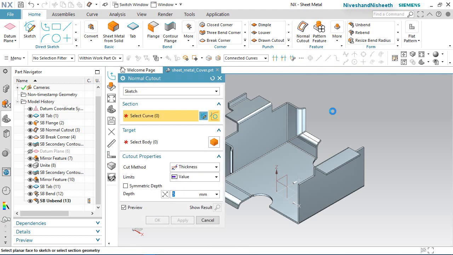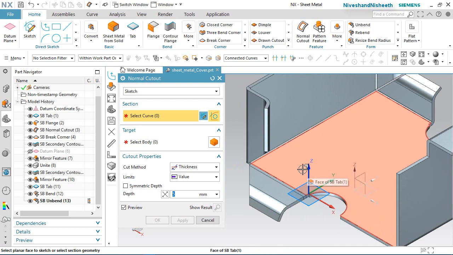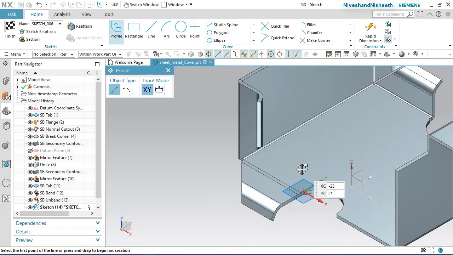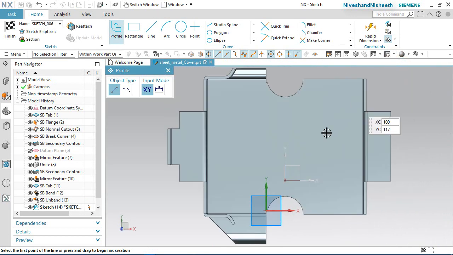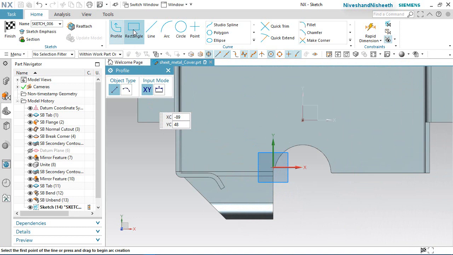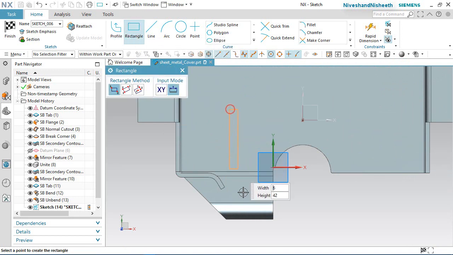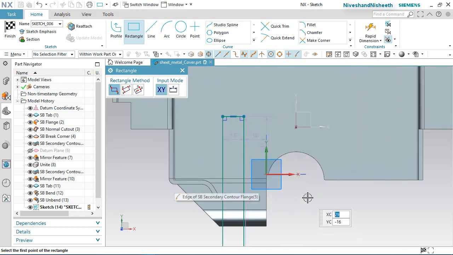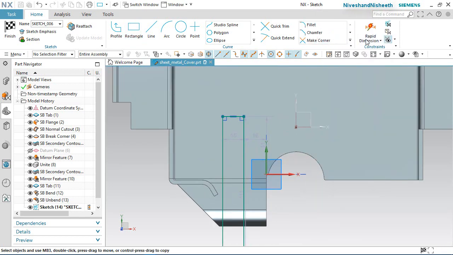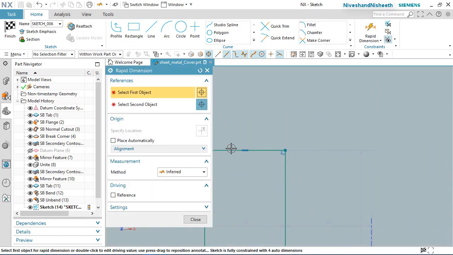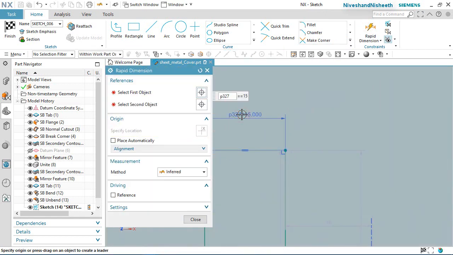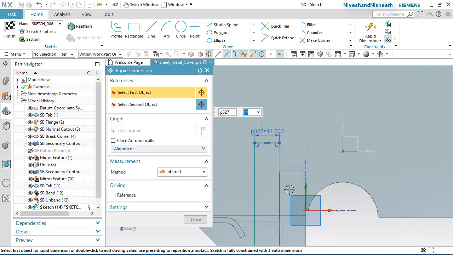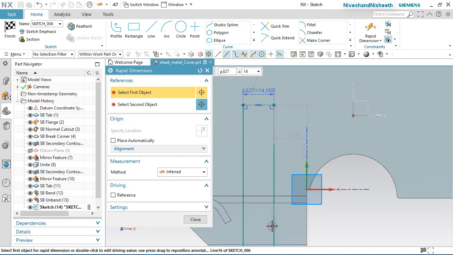Activate the normal cutout command. Select this face to create a new sketch. Choose top view and start the rectangle from here. OK. Set the dimensions between this line 40 mm, and select this line and this edge.